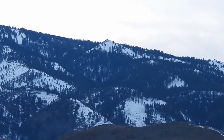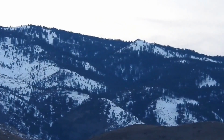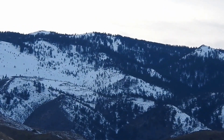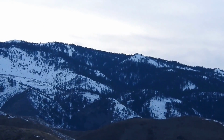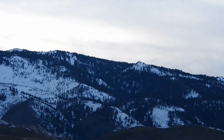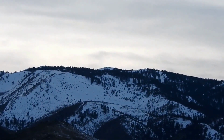But the reason why I chose this peak is it overlooks all of Kings Canyon, all of Carson City. If you go up to Snow Peak, the views of Carson City, you can kind of see it back here, the views become obstructed. But there's layers of mountains, and it's a good view. About 8,700 feet up at the top there, 9,000 feet in this region. And if you look over here,